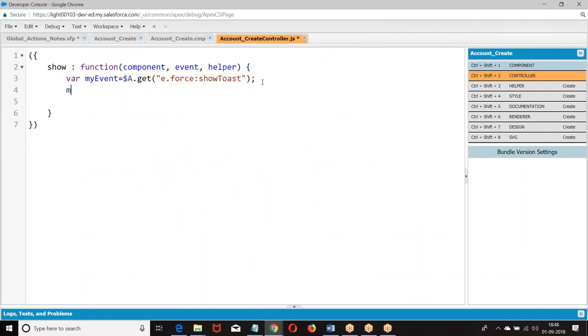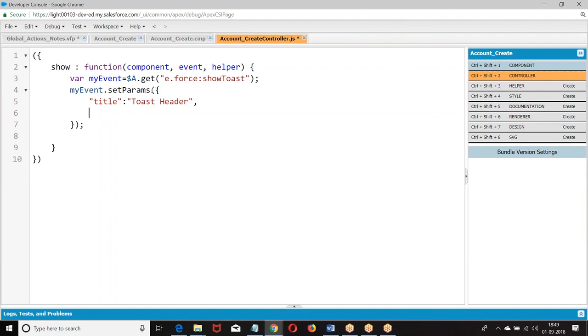Then what we are doing? My event dot, the parameter should be passed like a key value pair. Then we are supposed to find.